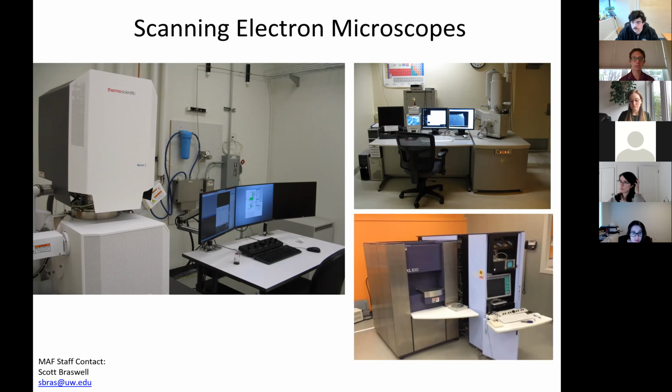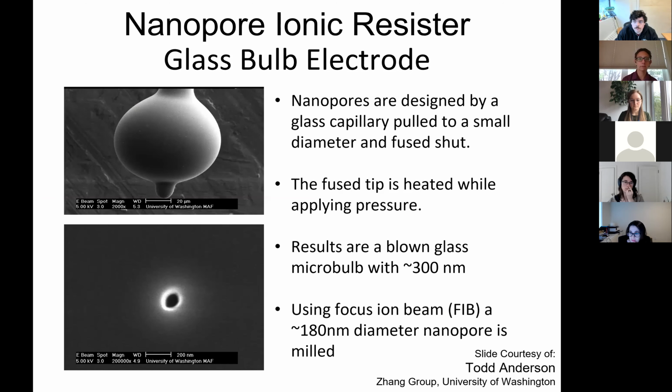So very quickly, I just want to show you one example. This is a nanopore ionic resistor, nanopore, sorry. This slide is courtesy of Todd Anderson and Dr. Zhang's group here at UW, where he's making these nanopores for electrochemistry. However, the way he was making them in the past, they were clogging, and so by using a very specific technique and using the FIB to create a very small 180 nanometer hole in the sample, he's able to look at, pretty much transfer a single,